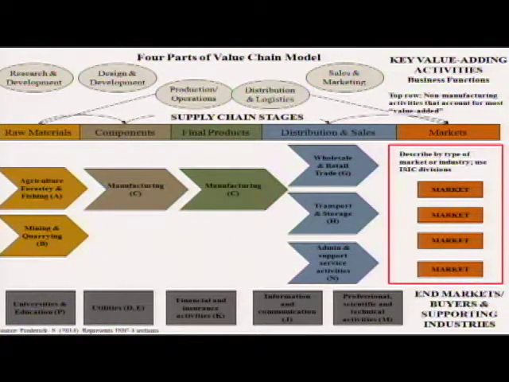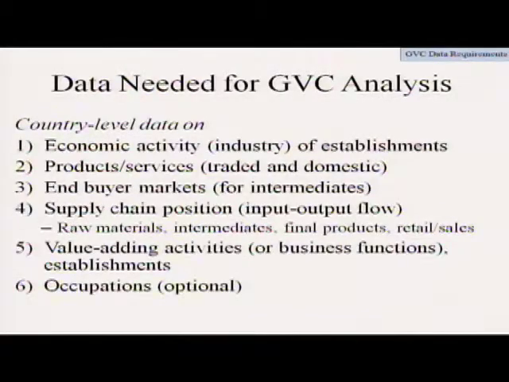That part on the top, in those circles, overlaps with what Ronald was talking about from Peter and Tim. We see functions as a comprehensive set of categories that will vary by industry in terms of their relevance. And then at the bottom, you've got different kinds of supporting institutions. We typically start out with something very generic, and then adapt it pretty quickly to the industry in question. So when you ask what kind of data we need,